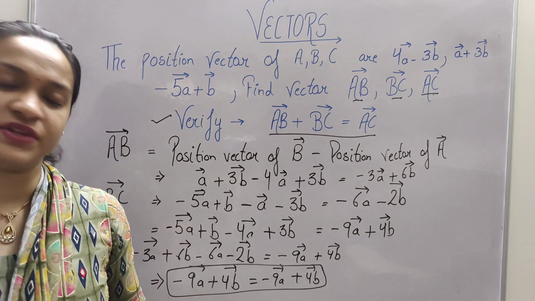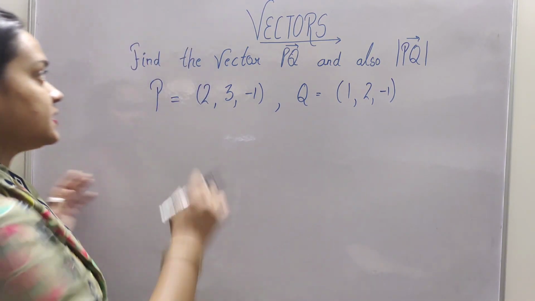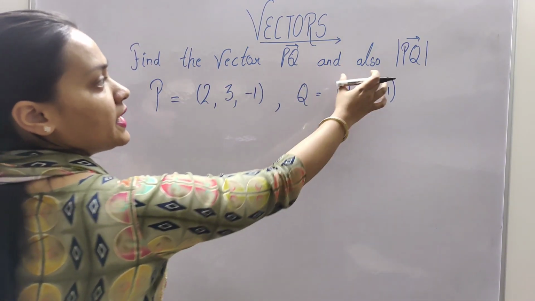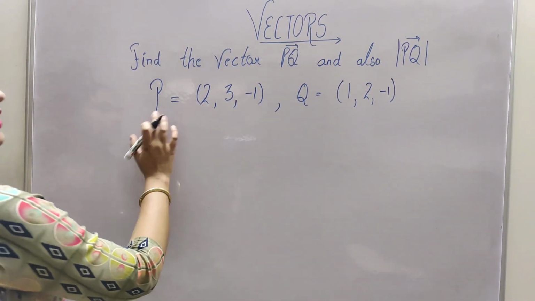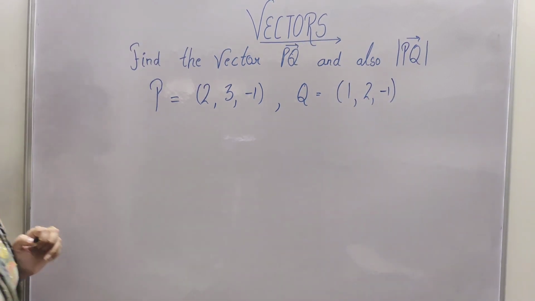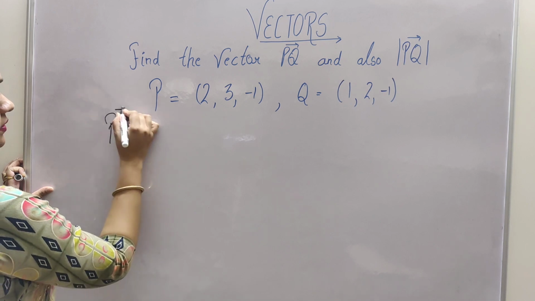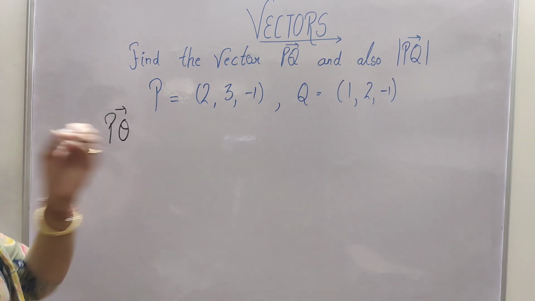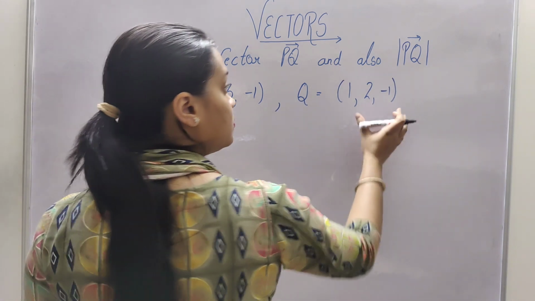Now, moving ahead with the next question. So students, your next question is: find the vector PQ and also the magnitude of PQ vector. The points P are 2, 3 and minus 1. Q points are 1, 2 and minus 1. So firstly we are going to calculate vector PQ. So in this question, if 2 points like this are given to you, you have to firstly